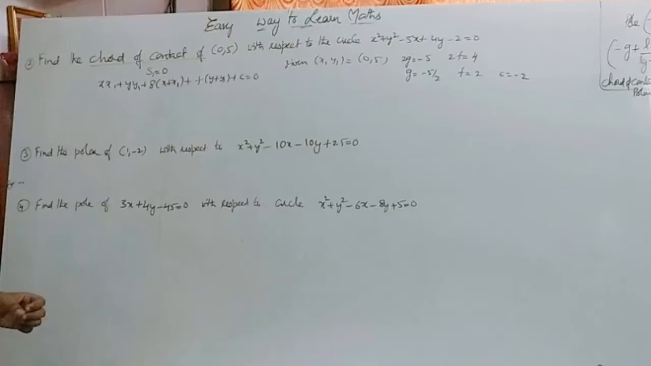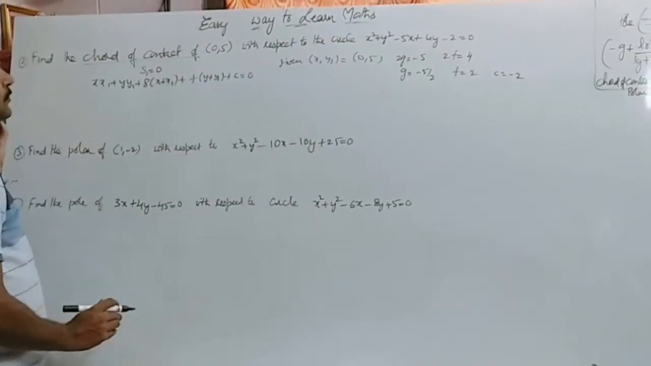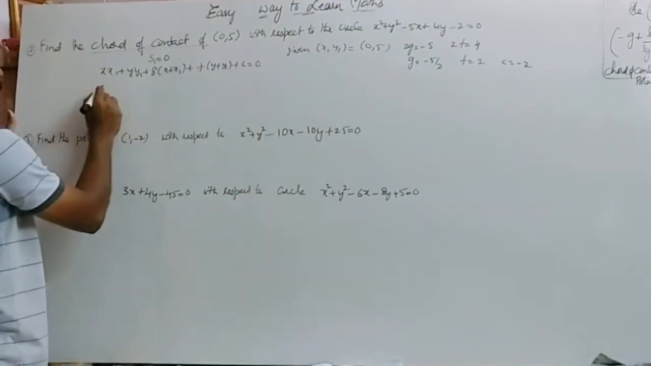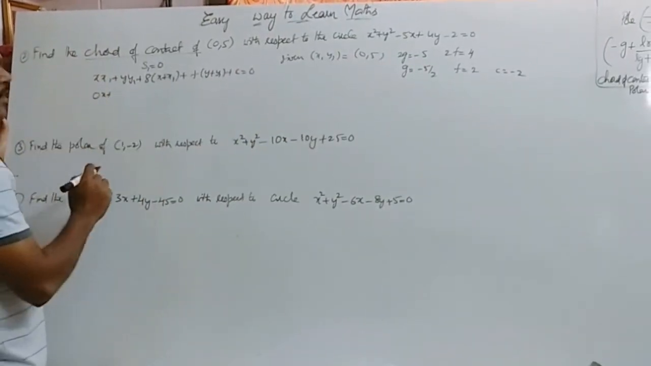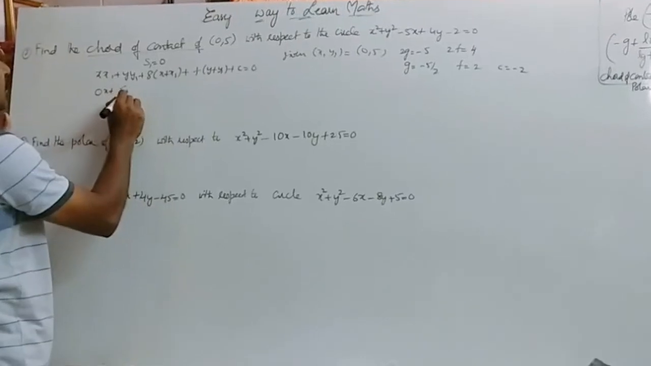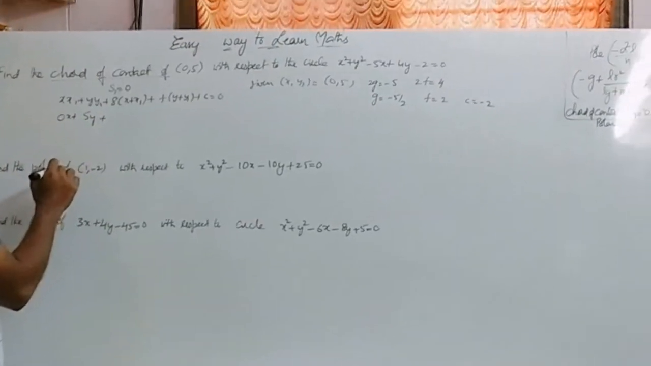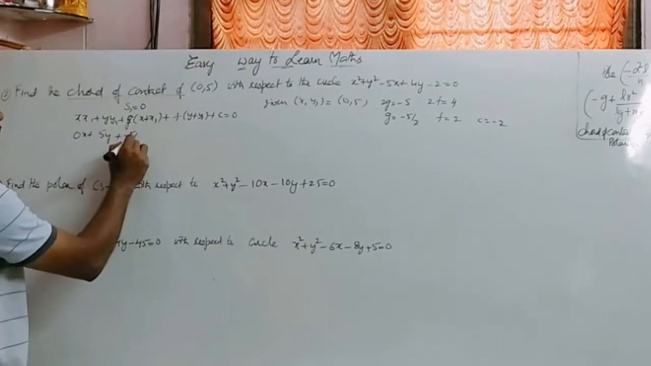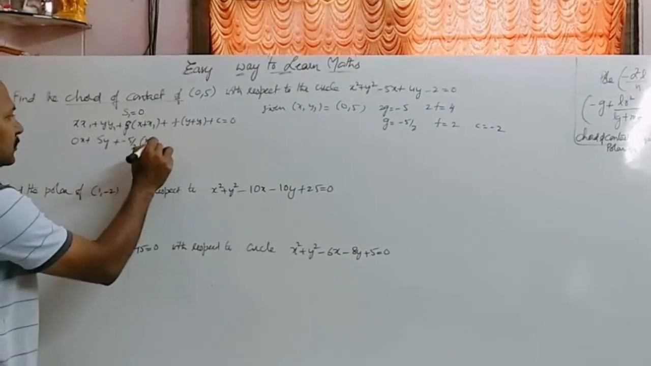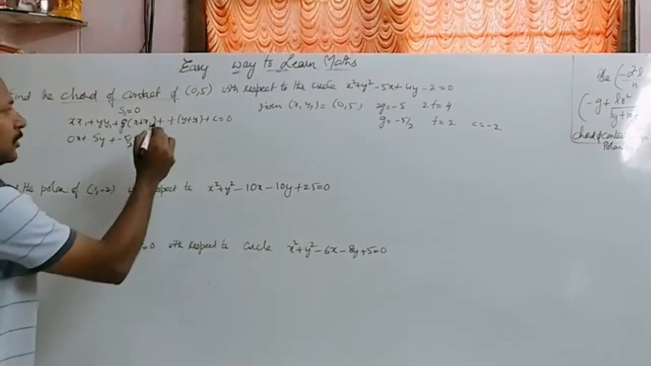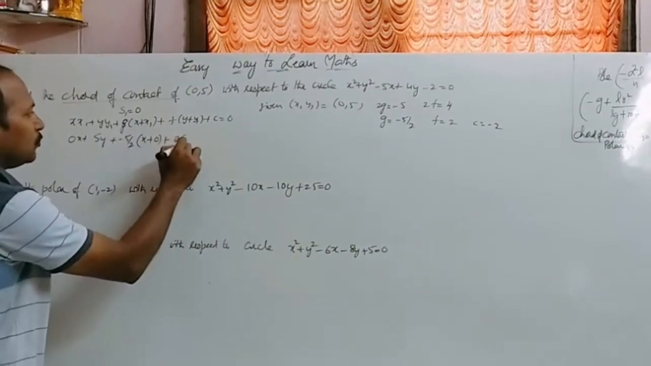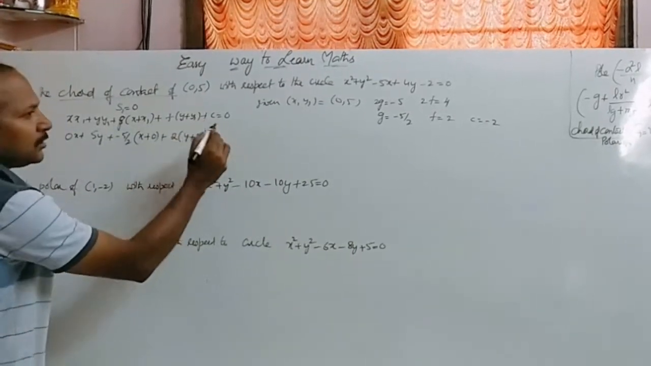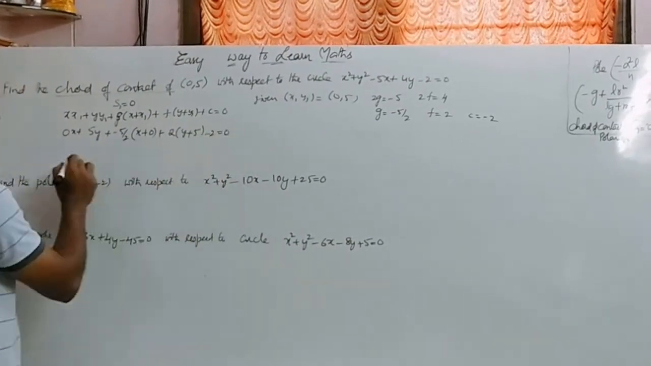Let us substitute in this equation. Therefore x x1, that is 0 into x, 0x, plus y y1, 5 into y, 5y, plus g into, g is here minus 5 by 2, therefore minus 5 by 2 into x plus 0, x1, then f is here 2 into y plus y1 is 5, c is minus 2 is equal to 0. That implies,